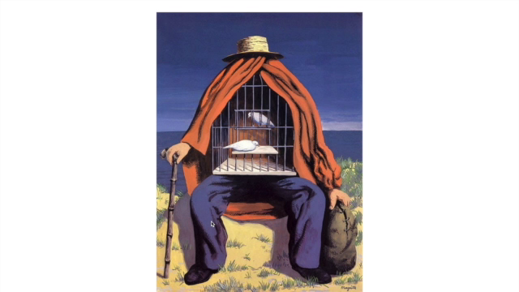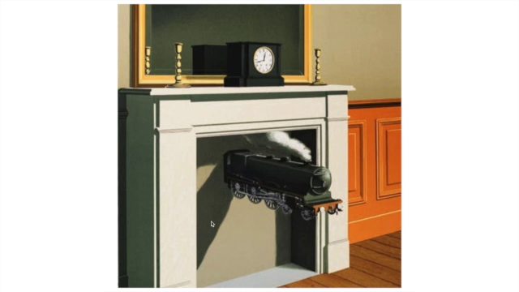Next piece we have is a piece by Rene Magritte. This one I think is a great example of dislocation, because where you'd expect to find a person's body, you find a cage with two doves, and one looks like he's on the outside of the cage while the other looks like he's on the inside. Such an interesting piece. The next piece is also by Magritte. This is an example of dislocation. There is absolutely no reason a train should be plowing out of the fireplace, yet there it is. This piece is at the Art Institute of Chicago. It's one that I've got to see in real life. It is a very interesting painting.